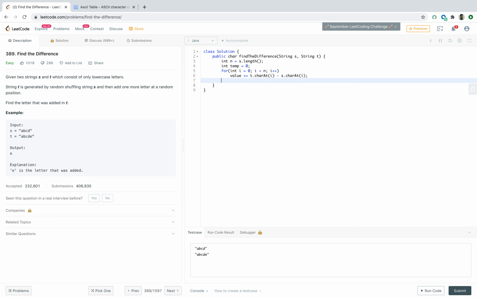Now lastly, string t basically has one extra character, so we'll add that one. And here we'll return that character.